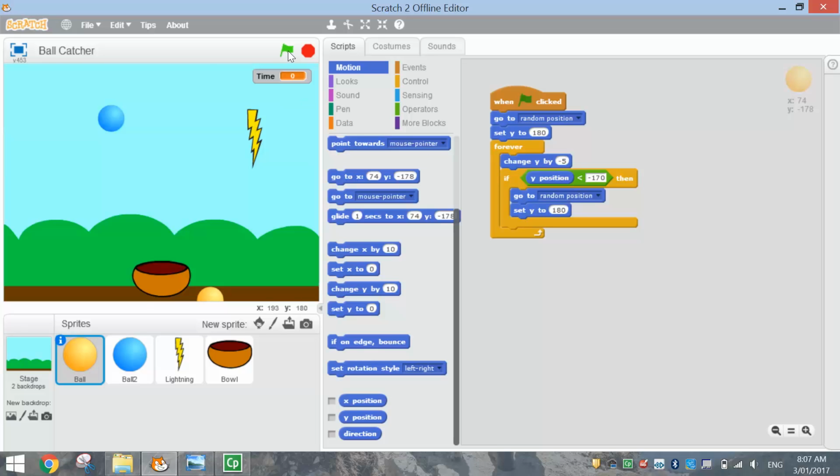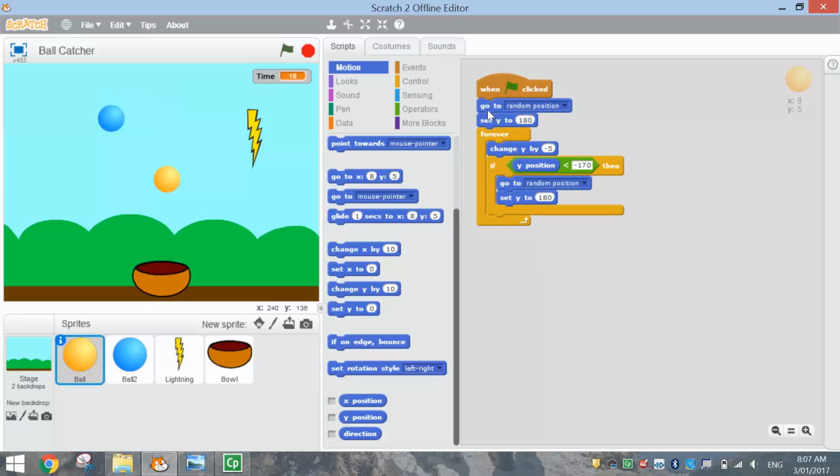But now when we press the green flag, we need to watch this hit the minus 170 mark, and it comes straight back up the top to a random position and starts falling again. Okay, these positions will change every time, which is good. Alright, so I'll stop the code there. That's got our yellow ball falling from the sky. Okay, that's good. The next thing we need to do now is get some points when we actually collect that